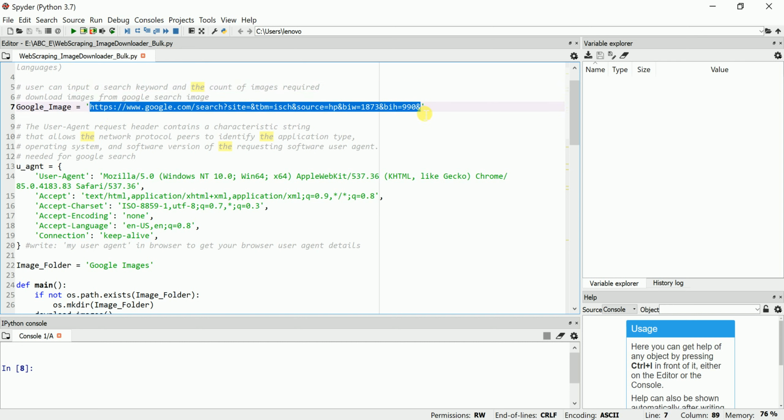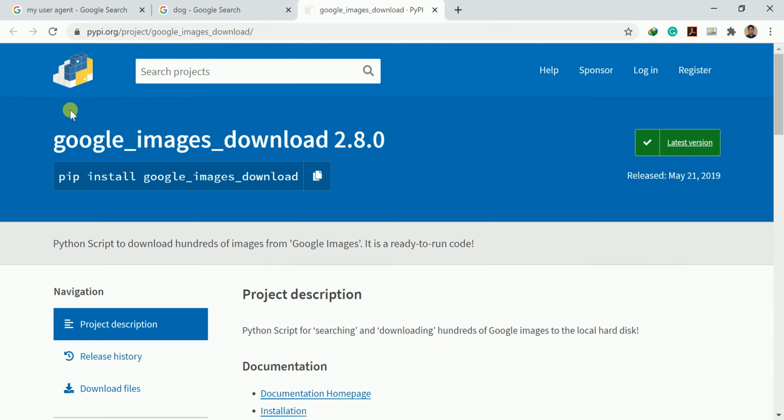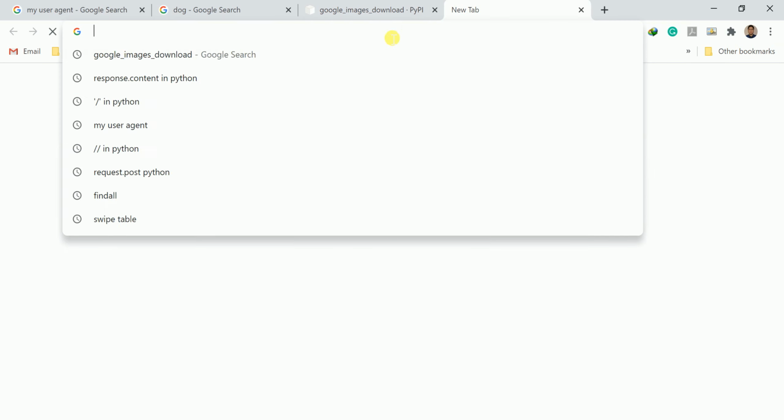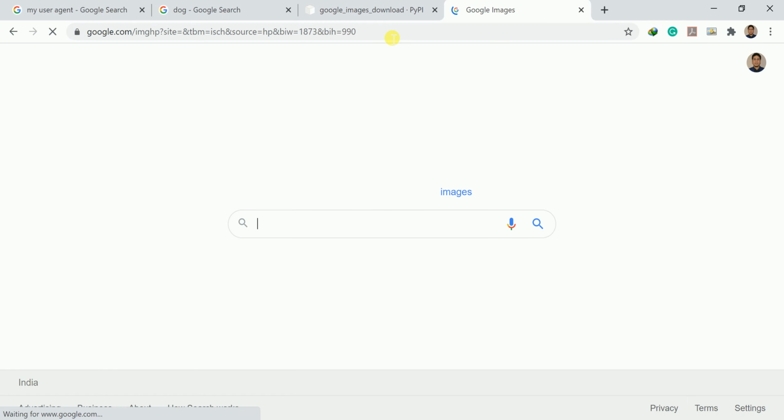This is the Google link for images. I'll copy this and save this link in a variable called google_images. See, this comes directly to Google image.